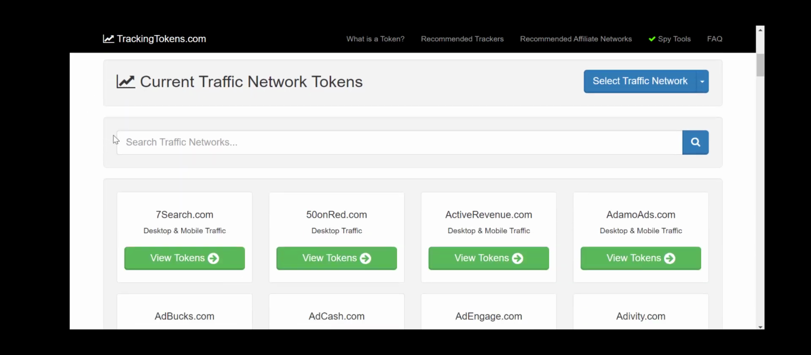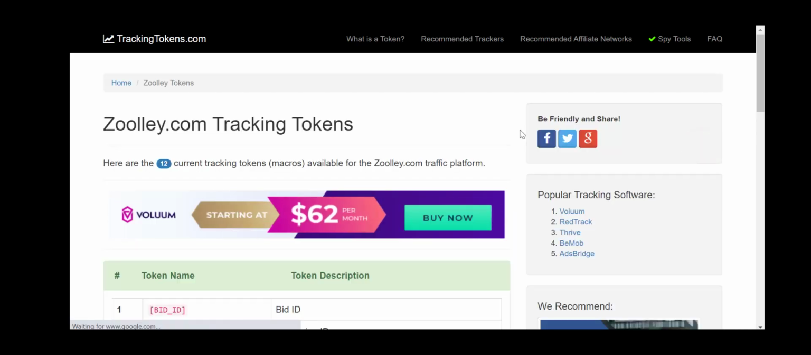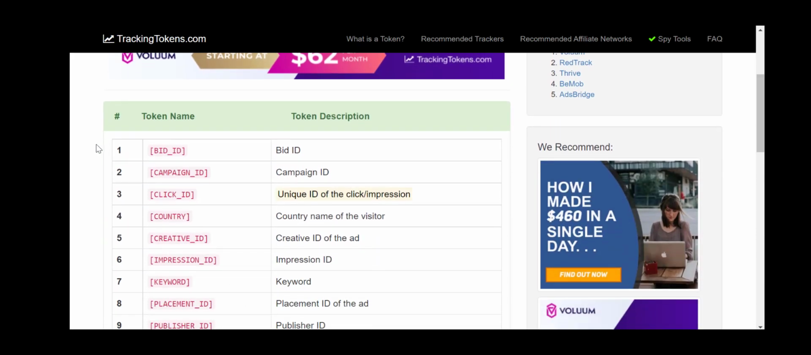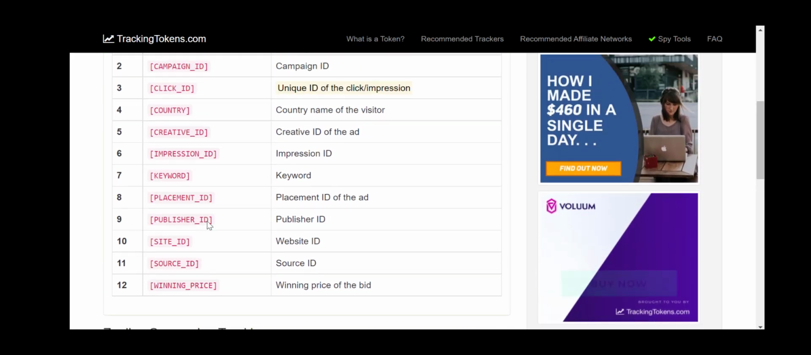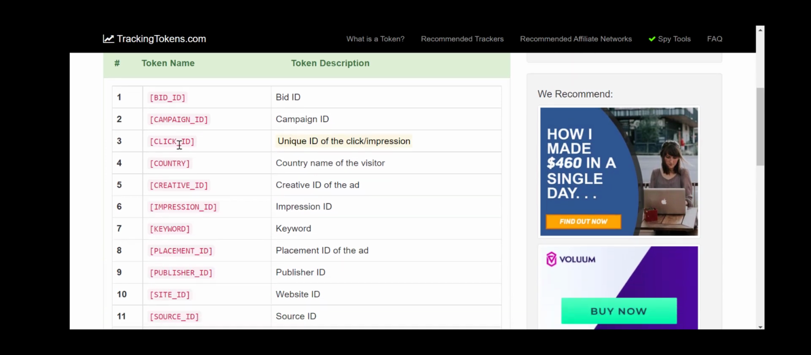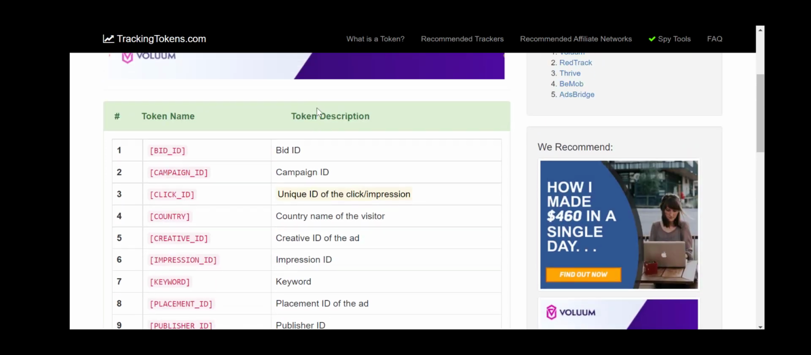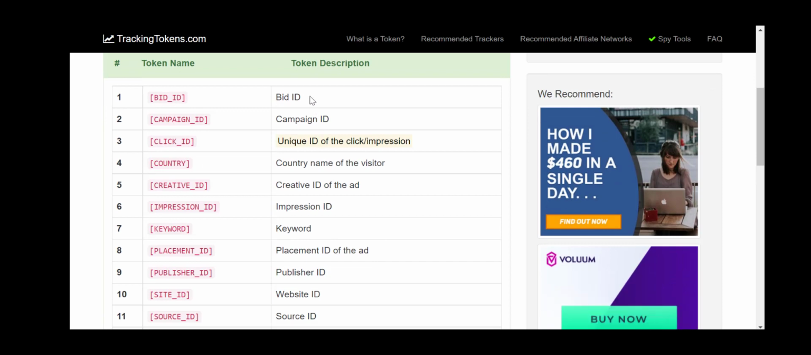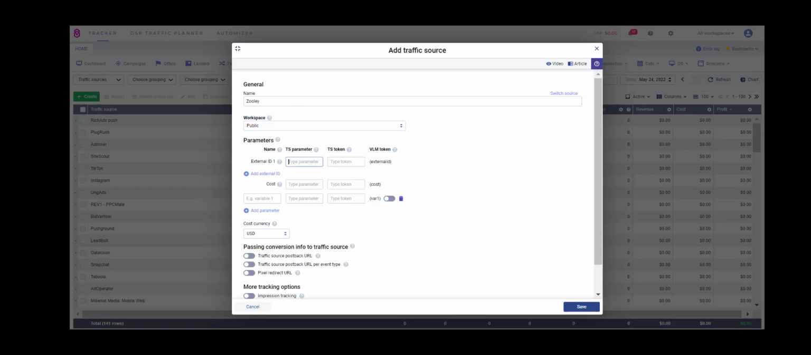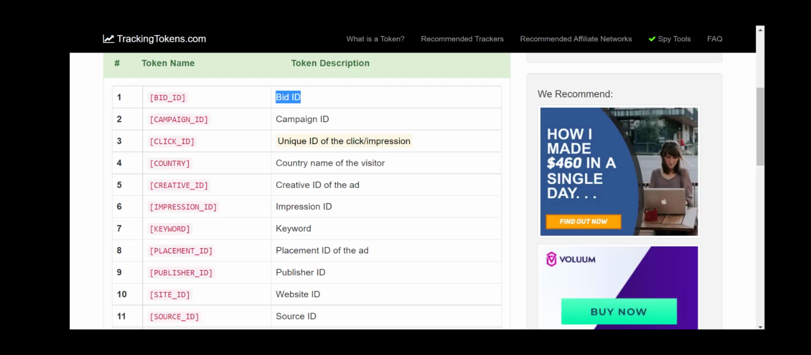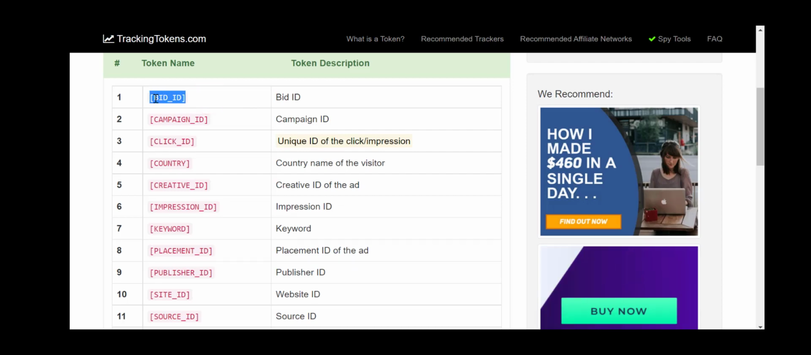I will look for my traffic source, which is Zuli. I got redirected to the page, and here I can check what kind of tokens are supported by this traffic source. So simply I need to copy them and paste them one by one to my template in Volume. First of all, the bid ID, so I will copy the information, give a name of the parameter, then the token that will be replaced with a specific value,